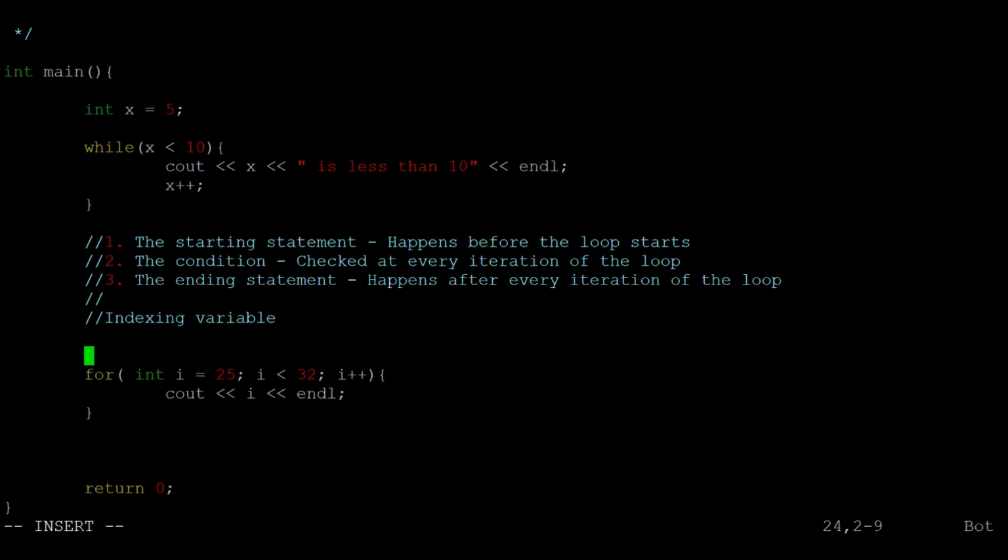So what I need to do is either do i is less than or equal to 32 so that I can include 32, or I can say i is less than 33. However you want to do it. To me, it makes more sense to do i is less than or equal to 32, but it is your preference. So let's see what happens when we compile